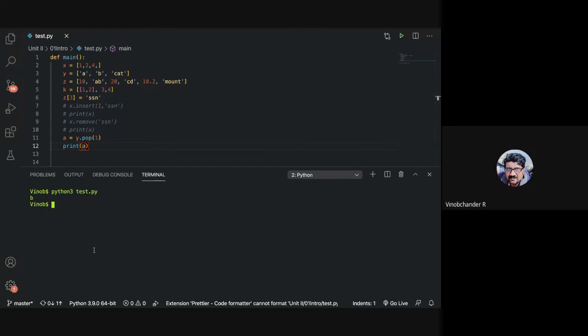So for remove we have to give the item name, and for pop the index number. Correct. Remove removes the item, but it does not give you any return value.